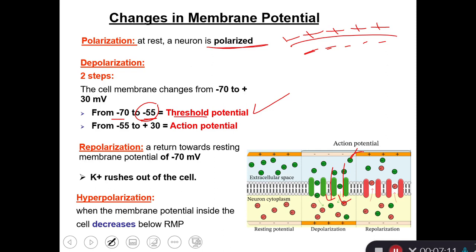What is repolarization? Repolarization means you are taking the membrane to the resting polarized potential. So the resting membrane potential is minus 70. When you go down until you reach the resting potential, we call that repolarization. And this happens because